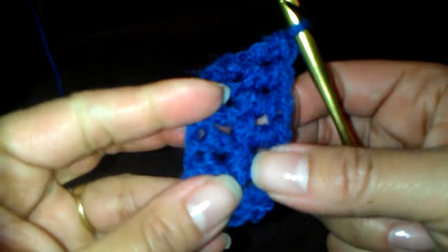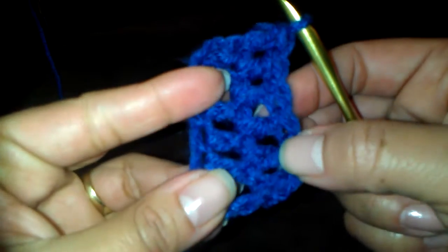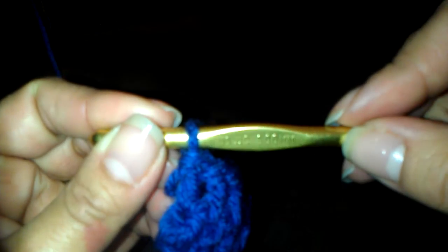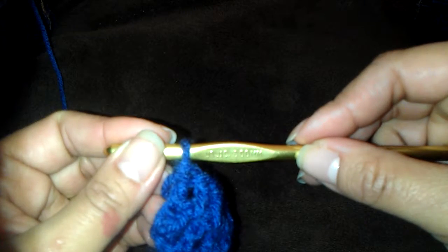So as you can see, it's the same double crocheting. With the loops, you have bigger squares. So the bigger the needle, the bigger the squares. When you do the other first part that I showed you, also the same, the bigger the needle, the bigger the squares. This right now I'm working with, if you can see it,